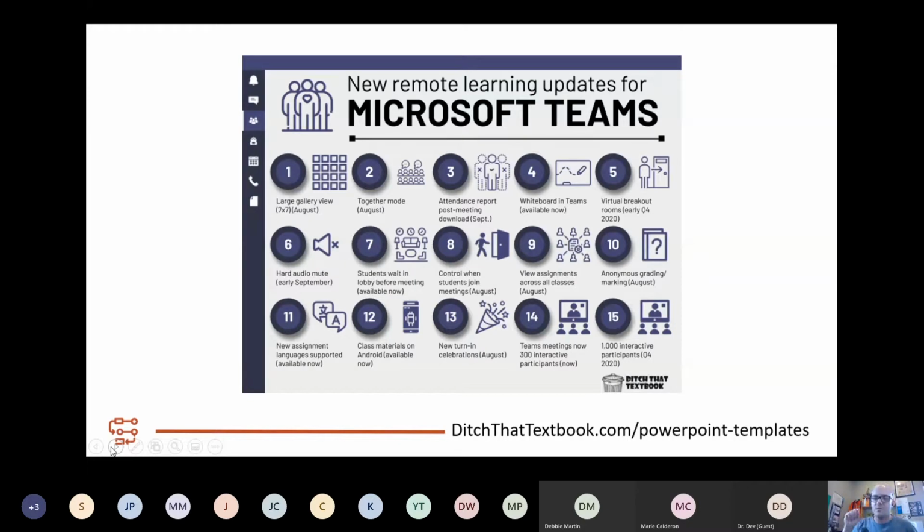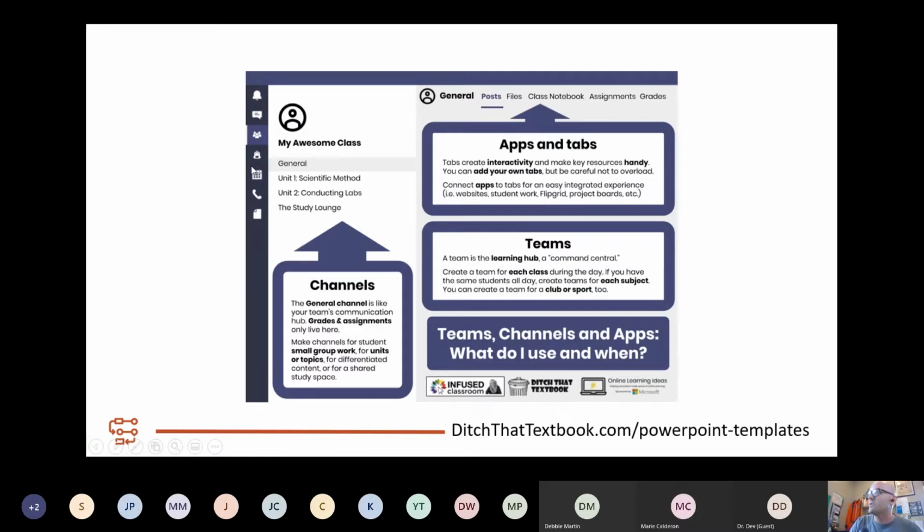one's about Microsoft Teams. So I took the user experience of Microsoft Teams and put it into what I call a skin or a frame for my infographics. And then I'll put a whole bunch of little icons and text in for that. So it looks kind of like that. And then this one recreates Teams too, and it talks about channels and apps and tabs and how you can